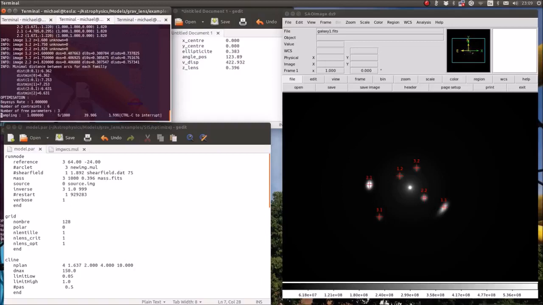So you can see that the burn-in phase goes relatively fast. And then we're going through the sampling phase, where we're going to sample all the different model parameter parts in order to find the best model. Now if I just stop Lenstool